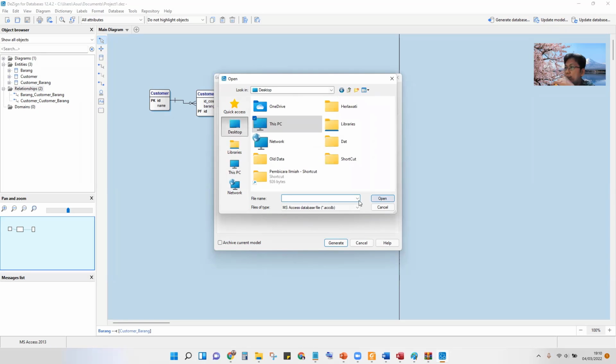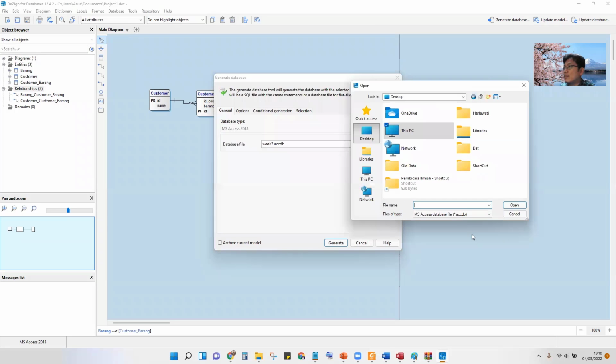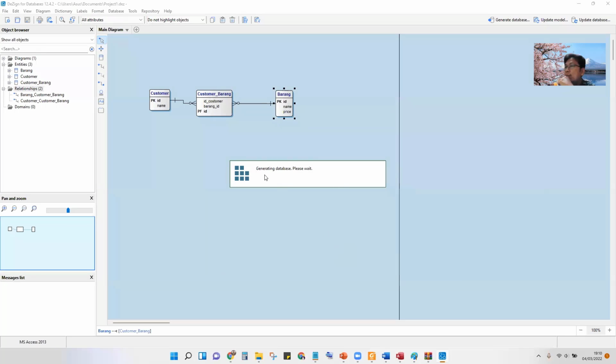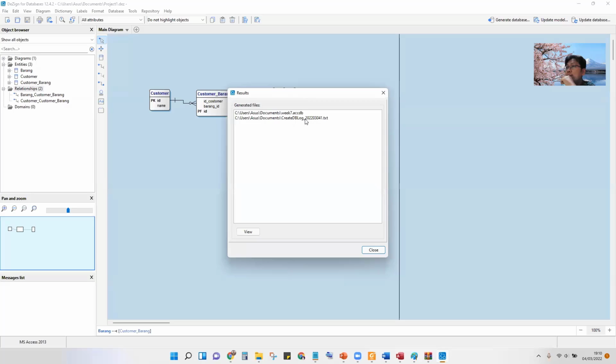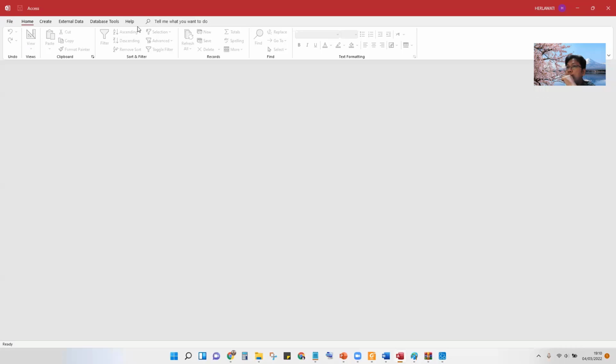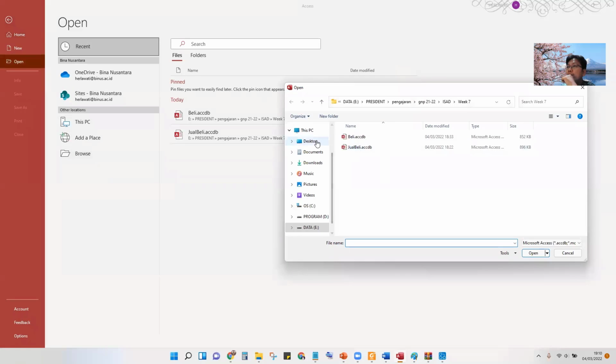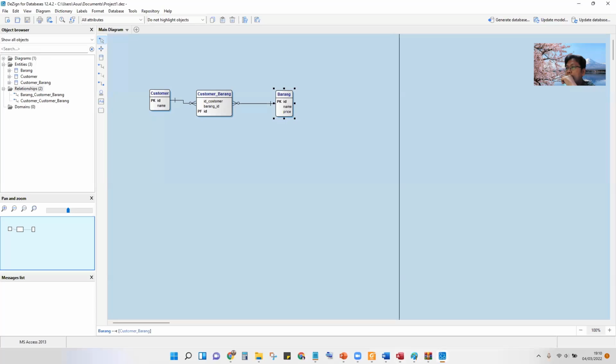Okay, for more easy, sorry, we just have to generate, and then Data Dynamic Design will generate the database on the desktop here, and you can open it using Access. Here is the location.